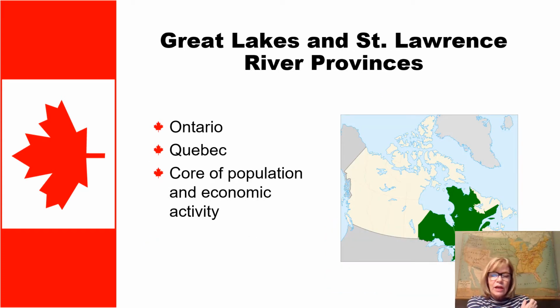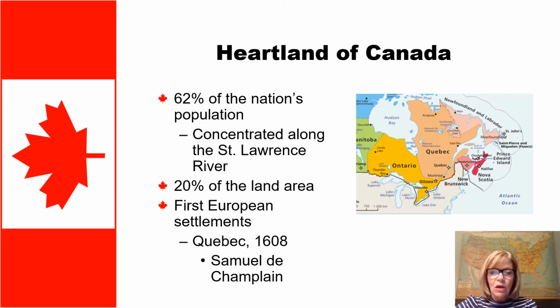Okay, let's move on now to the Great Lakes and St. Lawrence River provinces. These are known in your book as the core provinces. So you've got Ontario and Quebec. Quebec is the largest of them. This is also the core of the population and of economic activity. So that's why they call it core provinces. In our previous book, they called it the Great Lakes and St. Lawrence River provinces. Okay, that's also the heartland of the country because 62% of the population live there, and most